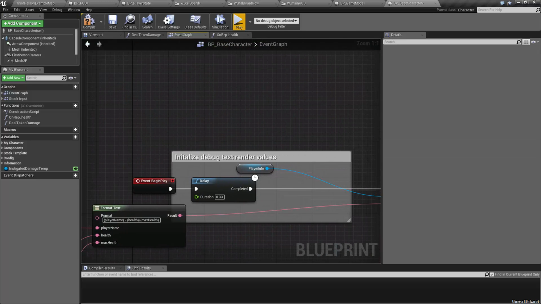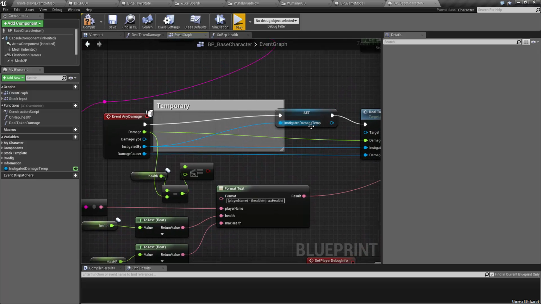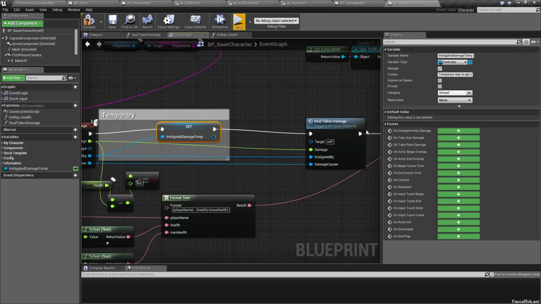And where do we set that? Yeah, I just did it over here. I realized that we can just do it on any damage. We can just keep continually setting that variable. I'm sure it worked the same way before. I didn't test that out, but either way, on any damage we set instigated damage temporary controller to whoever instigated the damage, and then deal the damage, because it won't matter because we're not checking for death right there. So once you play,